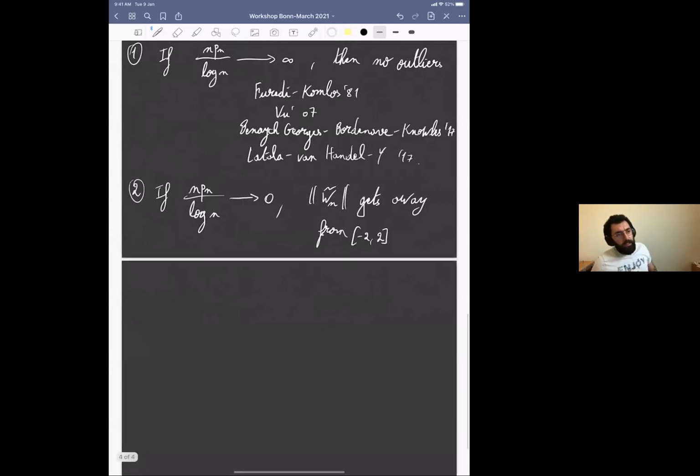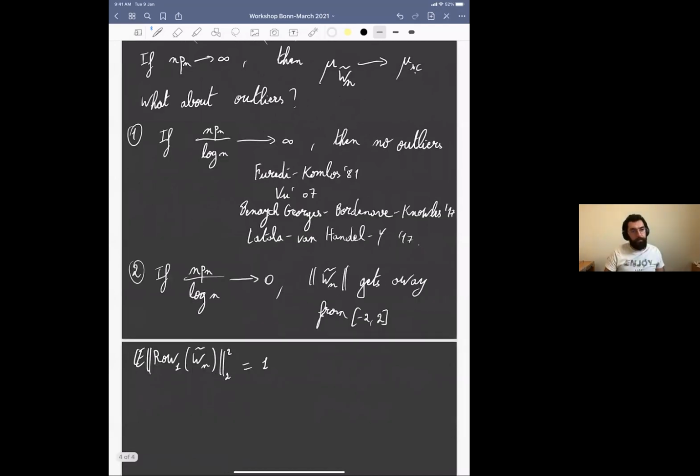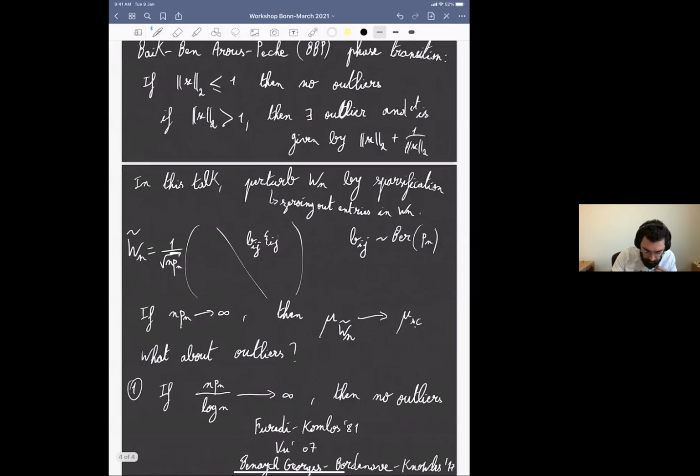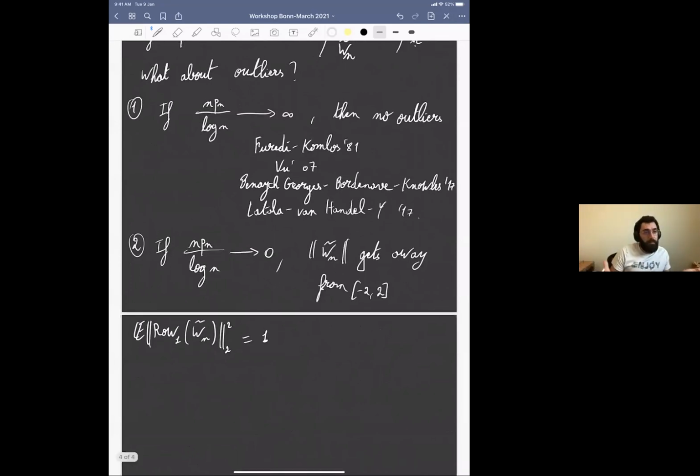So why is this log n? As we will see later, this is the threshold of connectivity. We can also see it in terms of concentration. If you pick a row in your matrix W tilde n and calculate the expectation of the Euclidean norm squared, in our case it is equal to 1, because I normalized this. Our random variables here are just independent. I haven't said this. Let me just take psi to be bounded